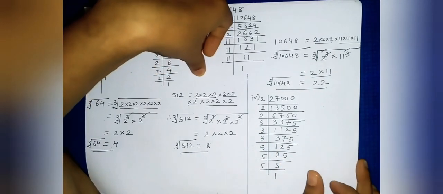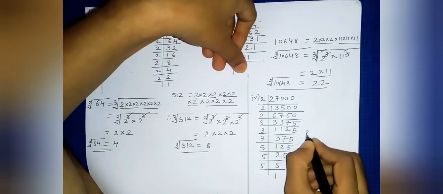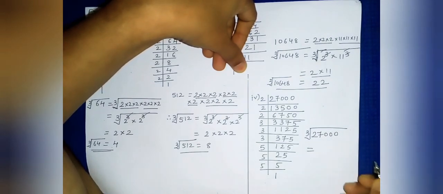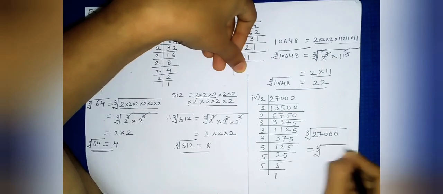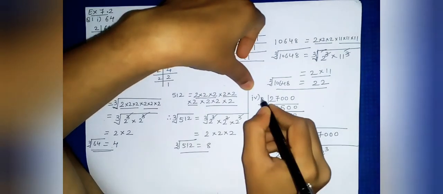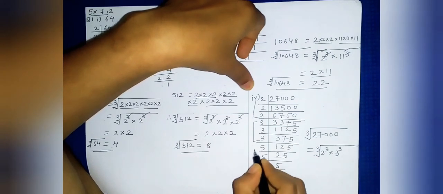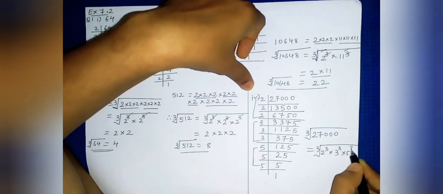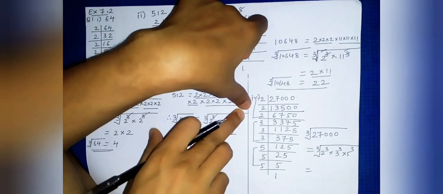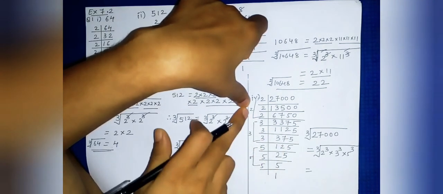Now we will write down and we will find out its cube root. Okay, so I'm writing this side. Cube root of 27,000 is equal to cube root of this 2. How many times is it? 1 2 3. So 2 is three times. Okay, this is in a triple pairing. Again this 3 is in a triple pairing. So 3 three times. Then this 5 is in a triple pairing. So 5 three times. Okay, so these are the factors. Now out of this triple we have to take 1 time 2. Again out of this 3 we have to take 1 time, and out of this 5 we have to take 1 time. So 2 into 3 into 5.